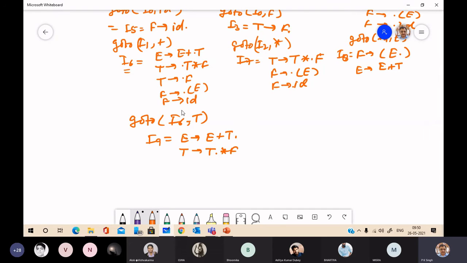And now go to I6F. Go to I6F will give T2F dot. That is nothing but I3. This I3. Okay. Go to I6 opening bracket will give I4.